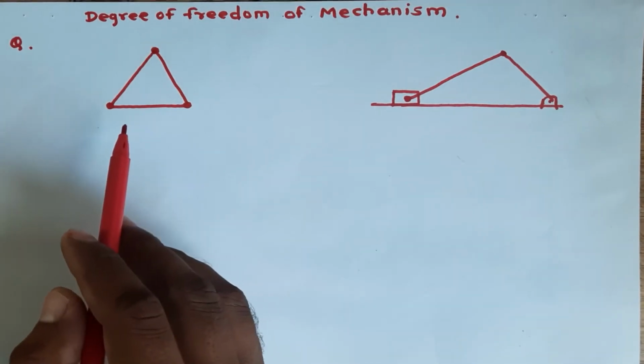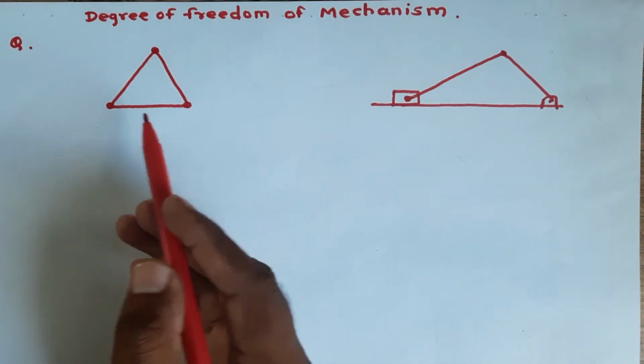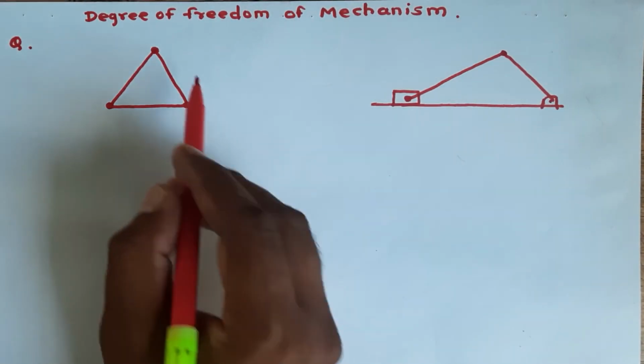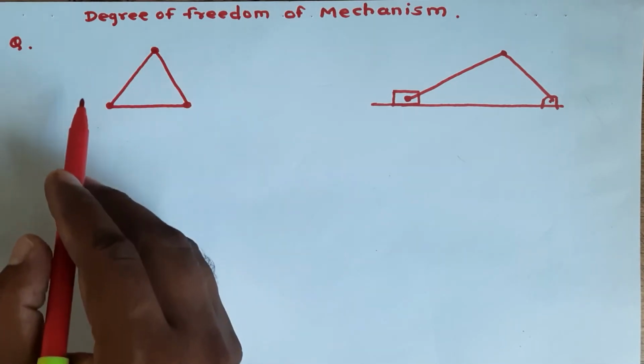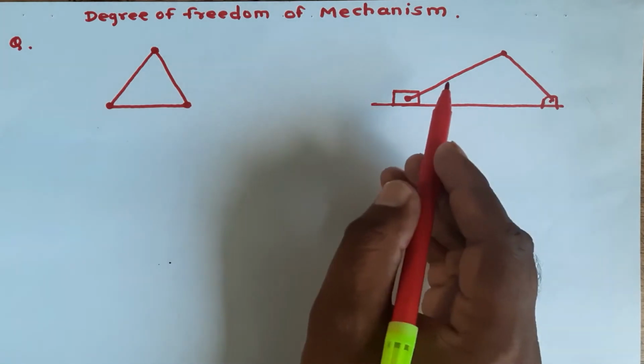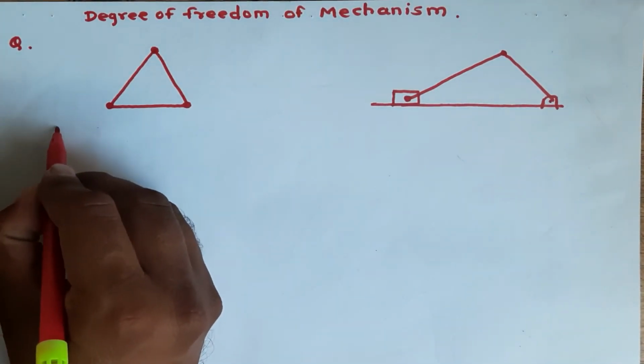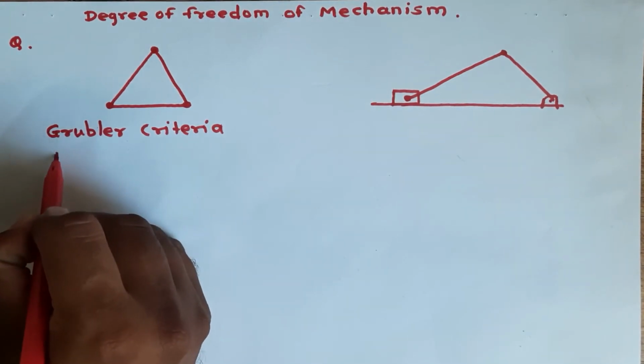Grubler criteria is used for higher pair mechanisms and lower pair mechanisms. Grubler criteria can be used for both higher pair and lower pair, and due to that reason we can use it for every mechanism. So here I will use Grubler criteria. The formula of Grubler criteria is F is equal to